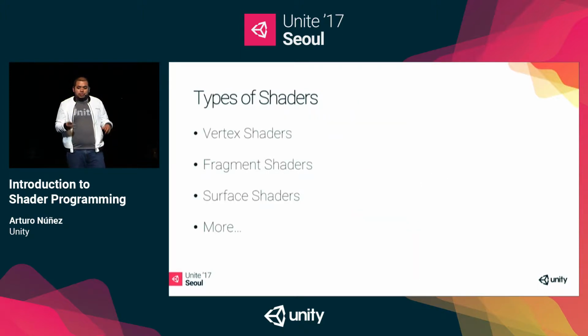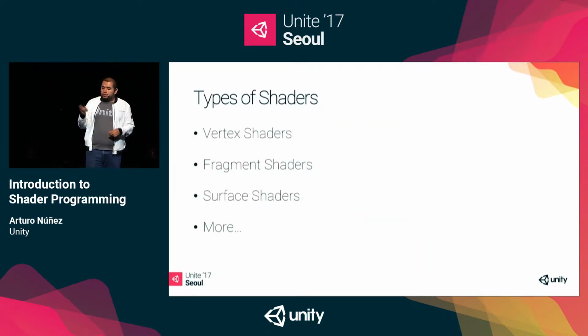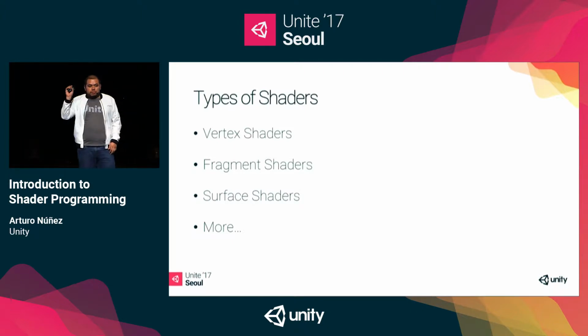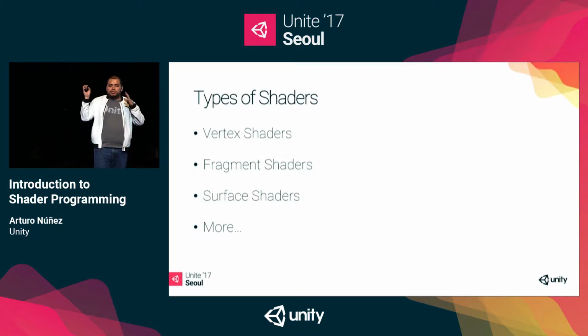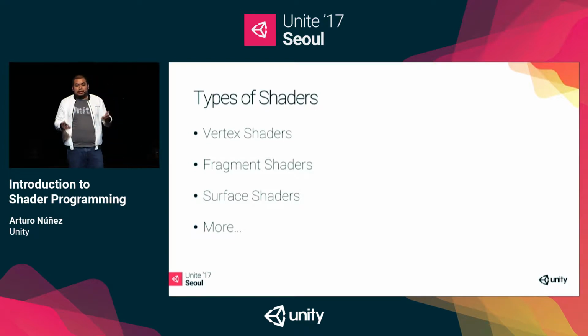Okay, so just another recap. We have Vertex Shaders. When we want to modify the position of vertices, we cannot create more vertices. That's something that we need to consider. These programs will run in parallel, right? GPUs are constructed in hardware to be efficient in the processing of a lot of data in parallel. So yeah, Unity will send a lot of vertices to the GPU and will receive transformed vertices